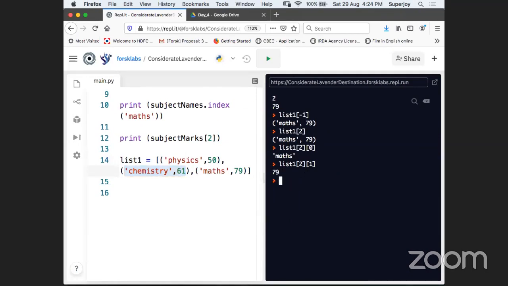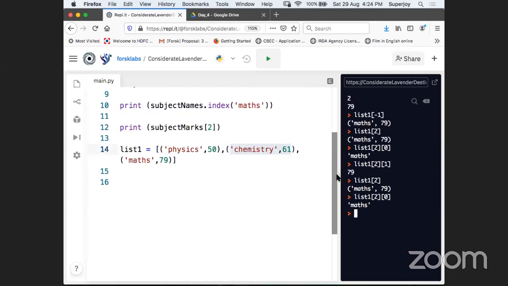Okay, and now, what I told you, guys, about this indexing, right? That using list 1 and then specifying the index 2, you will go to the last tuple that you can see, guys, and now you are inside this last tuple, and if you want to get the first item from this tuple, you have to specify the index 0 here. Okay, so that will give the maths, guys. Now there is one little problem here. Is that clear now, guys? Now there is a little problem, and you have to tell me